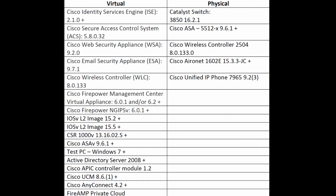Anyway, the purpose, like I say, is to show you what I use for my lab equipment. On screen now you can see the recommended virtual equipment and physical equipment for those going for the CCIE security, so do take note of that. I've tried my best to get as much of the equipment as I could, and some additional bits and pieces that I feel are relevant for me to continue my studies with CCIE security and other certifications, i.e. the CCIE routing and switching, or whatever else. So I am going to show you the physical side of things. You've just seen the virtual side of things. Just before I go into showing you the physical equipment that I have,